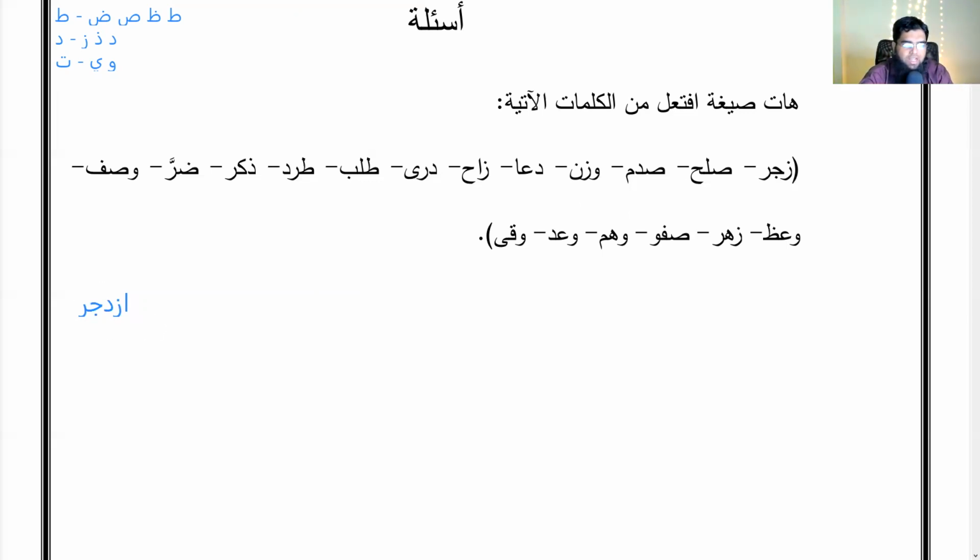Next one, salaha or saluha. What is salaha yaslahu or saluha yaslahu? To be good, salih. To be good, proper. This will become istalaha. Now this is from the first group. And what does istalaha mean? To agree.